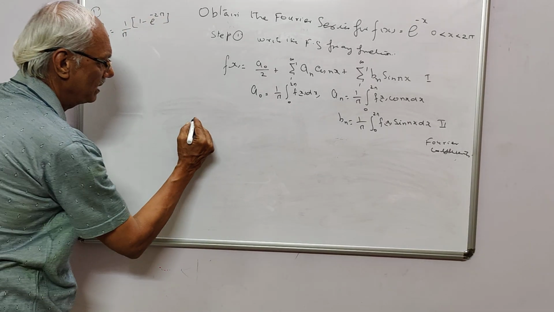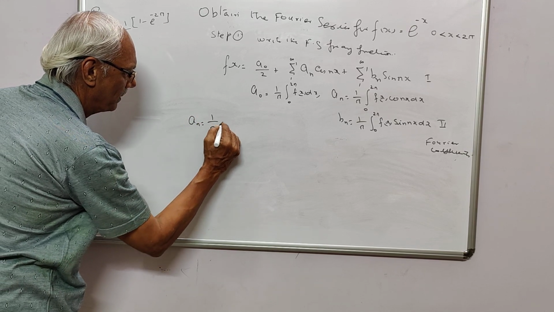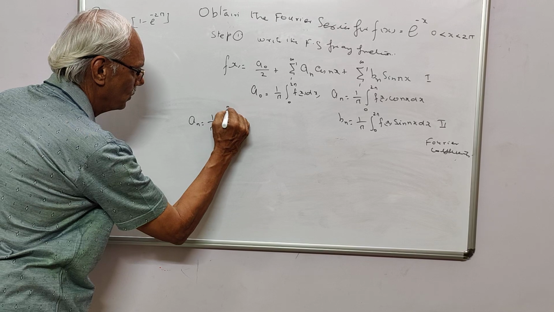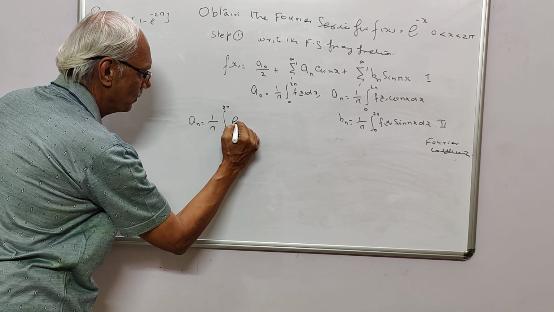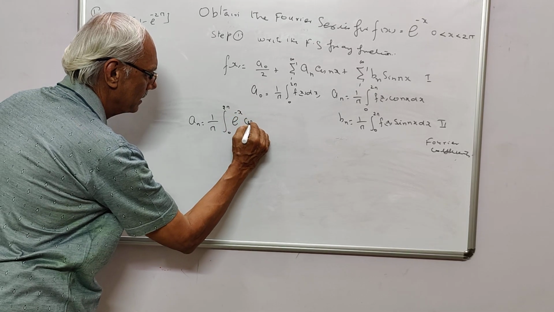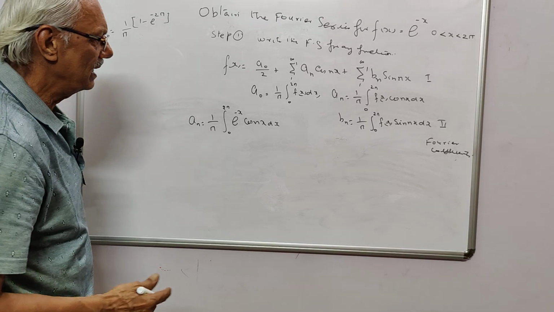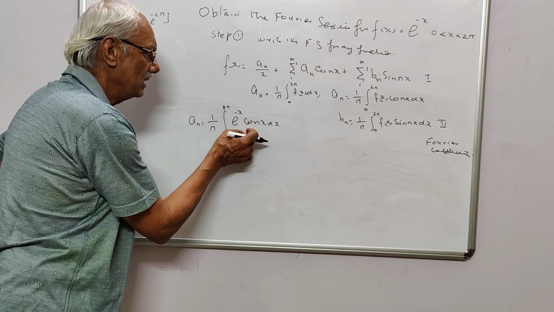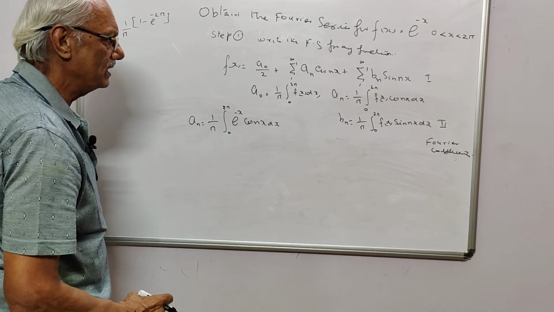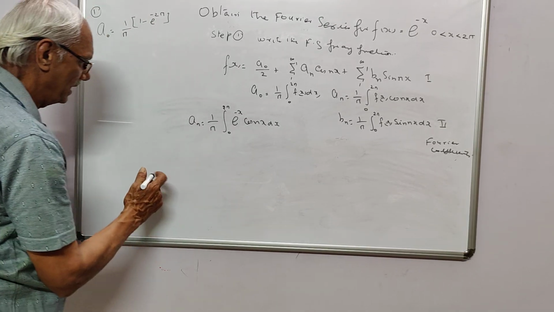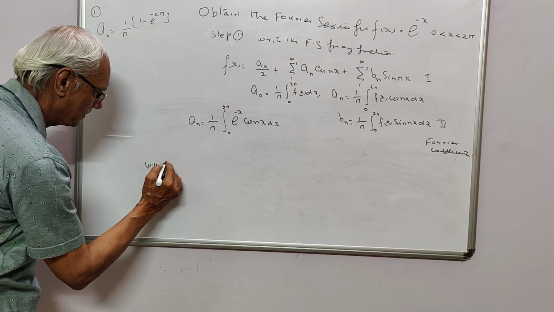What is your aₙ? aₙ is equal to 1 by pi, integral from 0 to 2 pi, e to the power of minus x cos nx dx. Now you see that this requires a knowledge of the integral. See, we know that